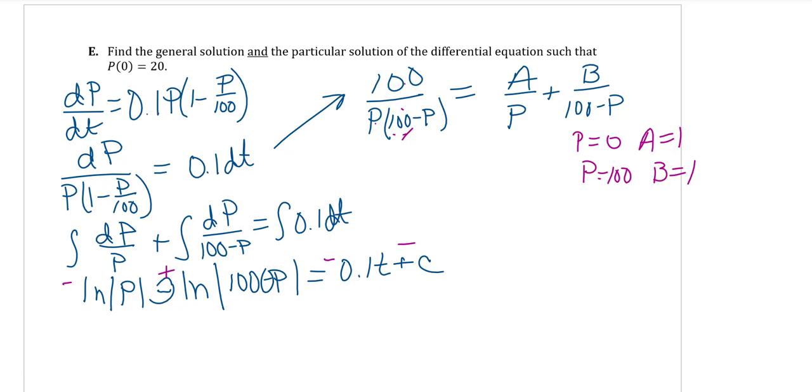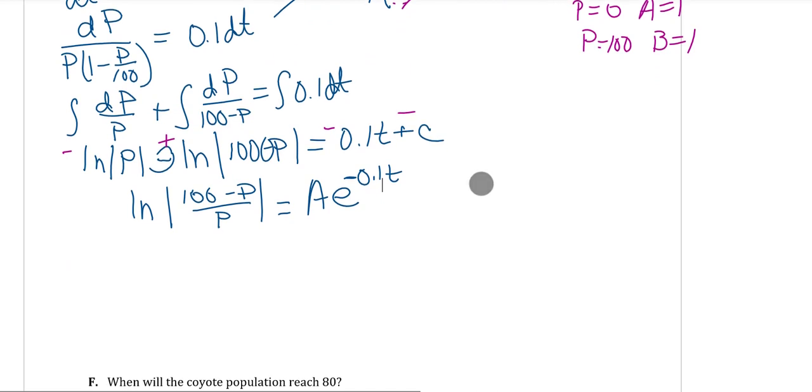We're going to end up with ln of 100 minus P over P equals A e to the negative 0.1t. Okay, cutting a couple steps out there because we already did those before. Then what we're going to do is take e of both sides and then simplify it. So we have 100 minus P over P equals e